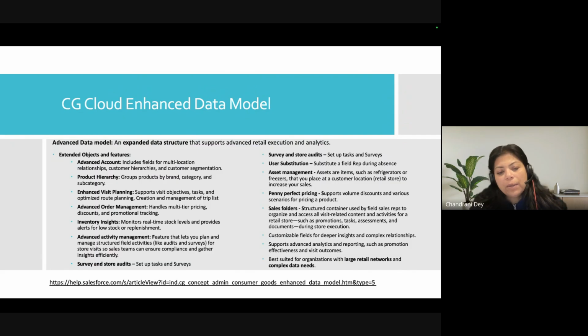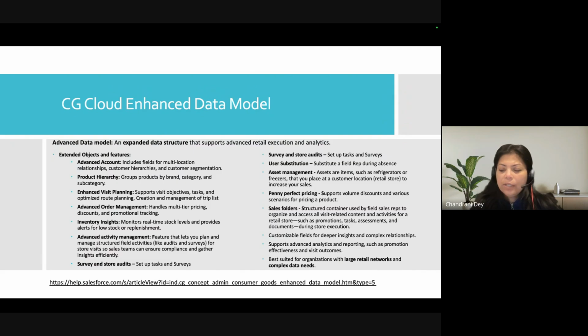This is also very important because advanced activity management actually forms the base of visits. So this is very important, and we will go through this advanced activity management as well.